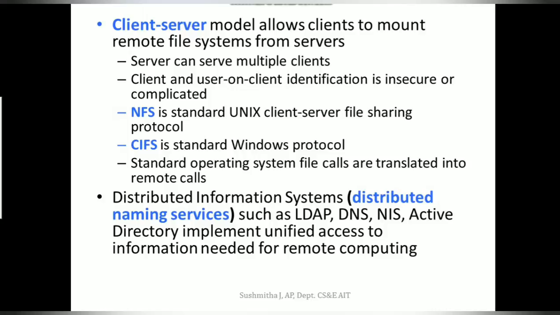And the other way where files could be shared is the distributed information system. One of the best examples of a distributed information system is DNS. What is DNS? It is the Domain Name System, that is nothing but your www.